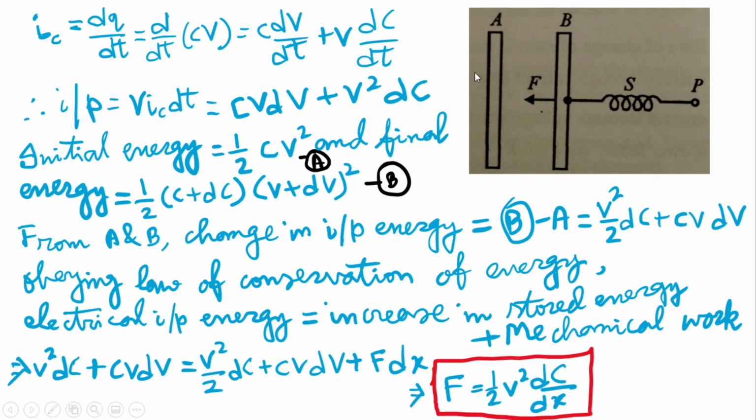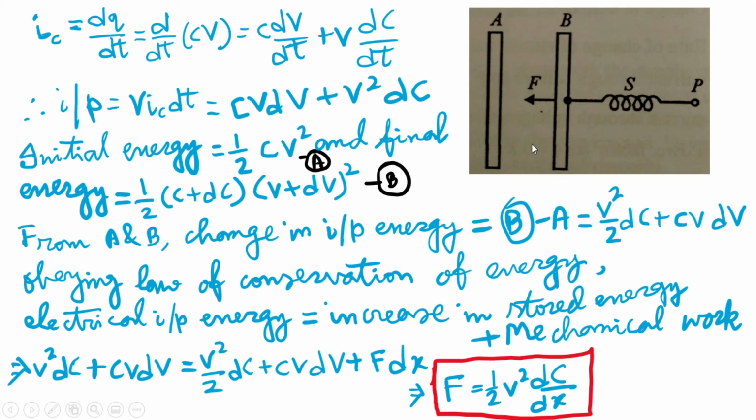This is the very simple construction. A is a fixed plate, B is a moving plate, S is a control spring, and P is a fixed point. Now, if you charge both the plates, then what will happen? Whether you charge them separately or with the same polarity, both will be charged, and depending on their charge, either a force of attraction or a force of repulsion will take place, and we are going to find that. Now basically it is working as a capacitor, two plates separated by a dielectric medium.